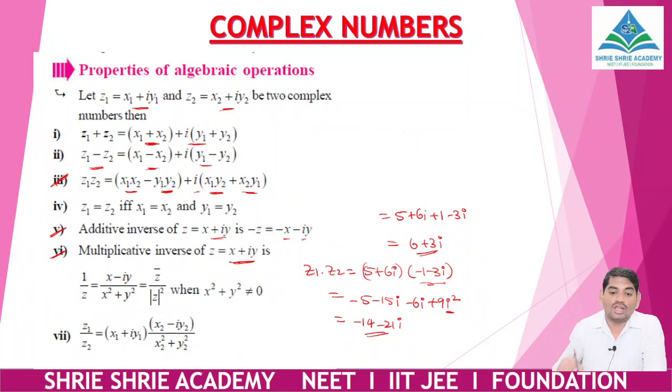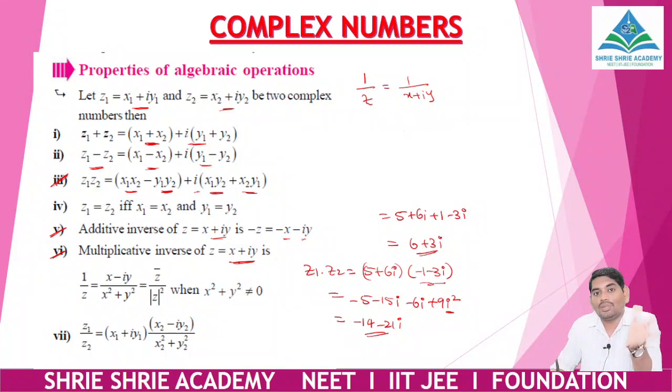So z is equal to x plus iota y, and I want to find the multiplicative inverse. The multiplicative inverse of z is 1 by z, so 1 by x plus iota y. In 1 by x plus iota y, we are not able to separate the real and imaginary parts. So what we can do is take the conjugate. We multiply with x minus iota y and divide with x minus iota y. Then if we simplify this,